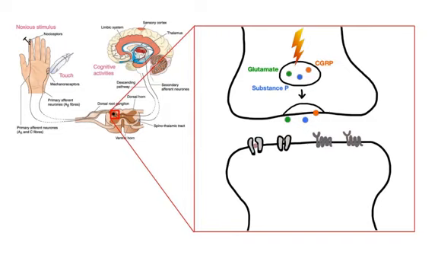Glutamate is one of the most important neurotransmitters for pain and can activate both NMDA and AMPA receptors, which permit influx of positively charged calcium and sodium ions respectively. As you may recall, the flow of positively charged ions into the neuron makes the neuron more likely to fire. In this way, glutamate excites the second-order neurons in the dorsal horn, which leads to propagation of a sharp localized pain signal. Substance P, on the other hand, binds to the neurokinin 1 receptor, NK1 for short, which leads to